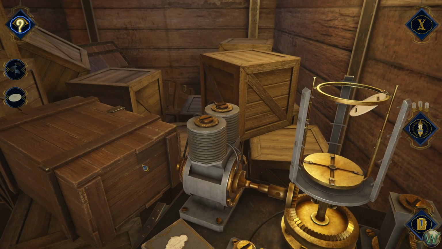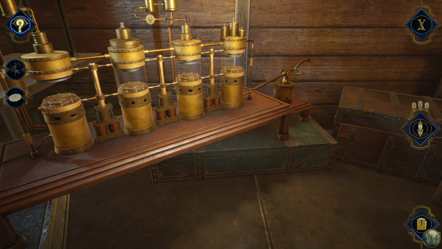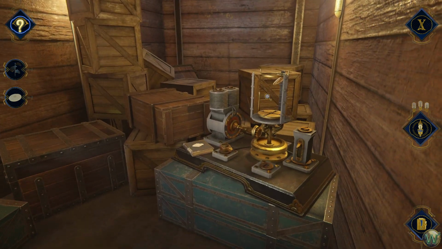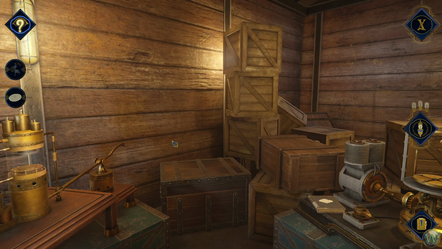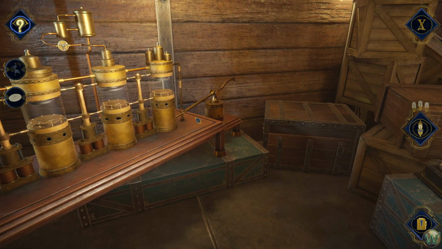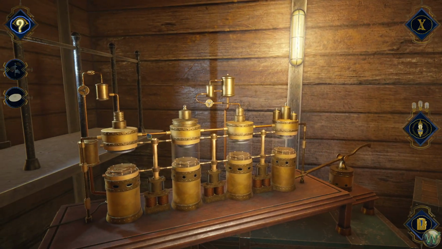Alright, well that was a letter added to our collection of notes, and so now I think we will need to figure out what we need to do with this machine and this machine. Maybe the ceramic disc, maybe the piston, but we'll do that next time. We will leave this here for now, and we will come back and do some more work next time, progressing through unlocking and